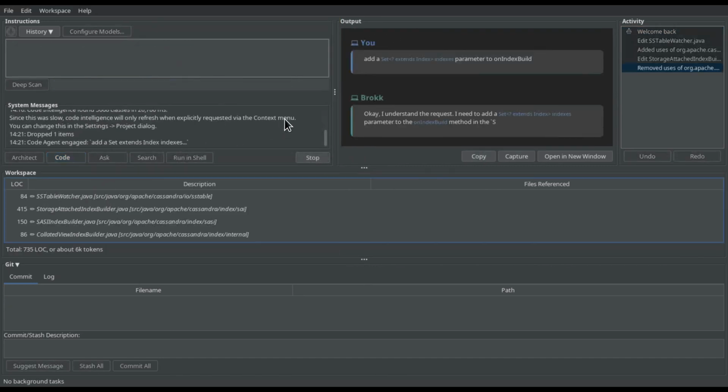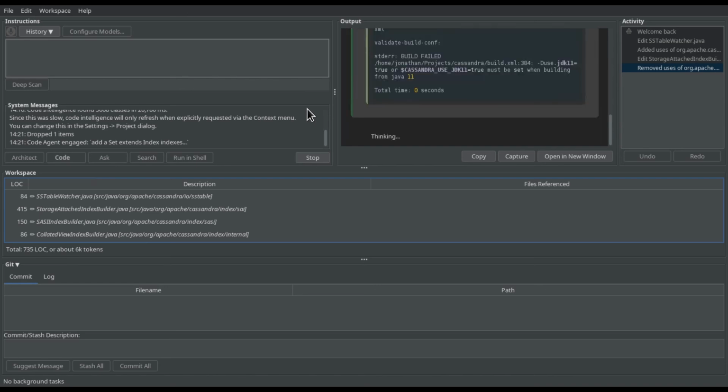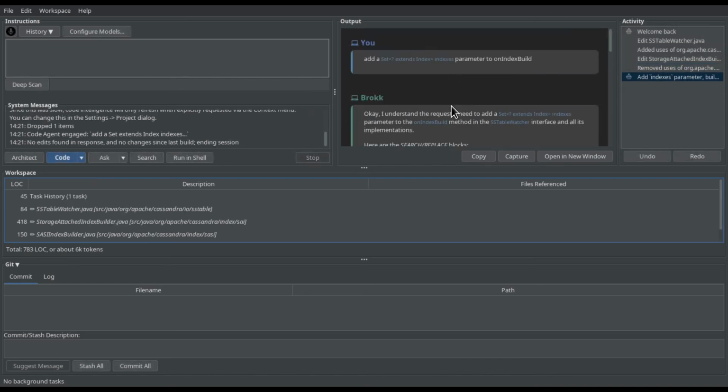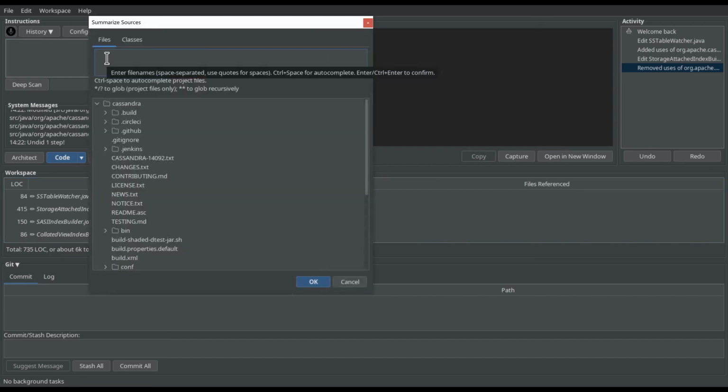Let's just ask Flash to do it because he's fast. But it said, hey, the build failed. So that's what's going to happen if you just try to code blind in a medium to large project. So let's undo that. And let's add in some more context about